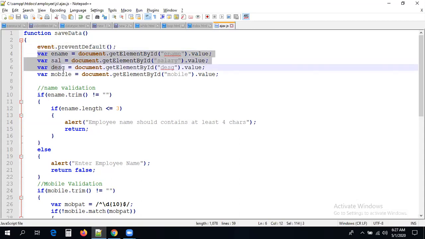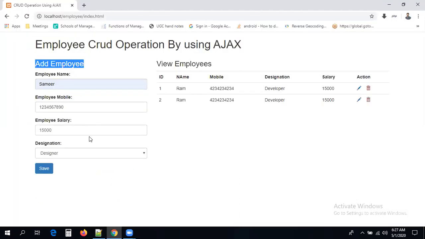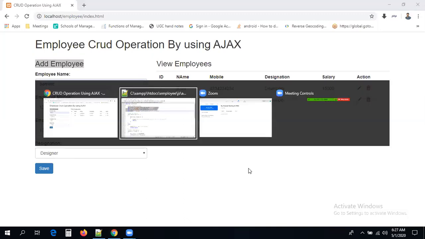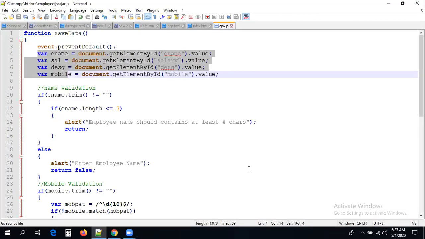Now we got the four values of each and every text box. These are the text boxes we have. If you want, you can add more text boxes to this form as well, but I just want to continue with the four fields here. Here the main thing is the functionality: how this is going to work, and how we can send the data behind the scenes to the server.